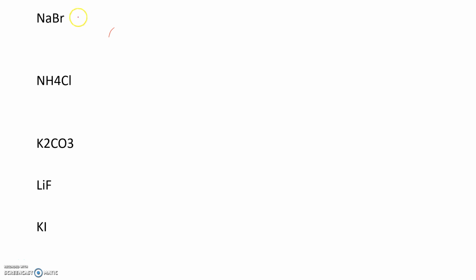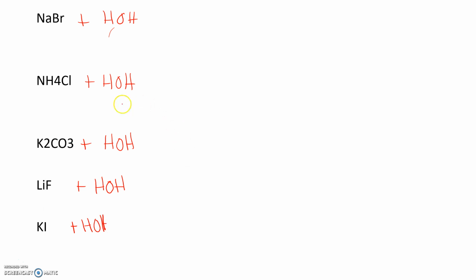So I can imagine plus HOH, plus HOH, plus HOH, plus HOH, plus HOH. And in this double displacement reaction, just like any double displacement reaction, the front of this one is going to go with the back of this one, right? So the cation is going to go with the anion and form a new compound. So in this case, it's going to form NaOH, and the cation of the other one and the